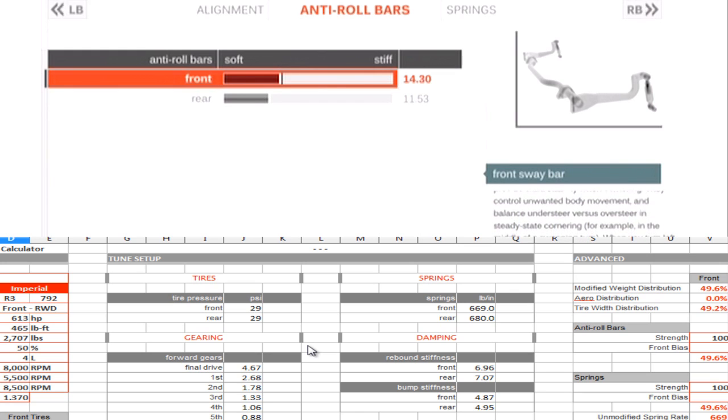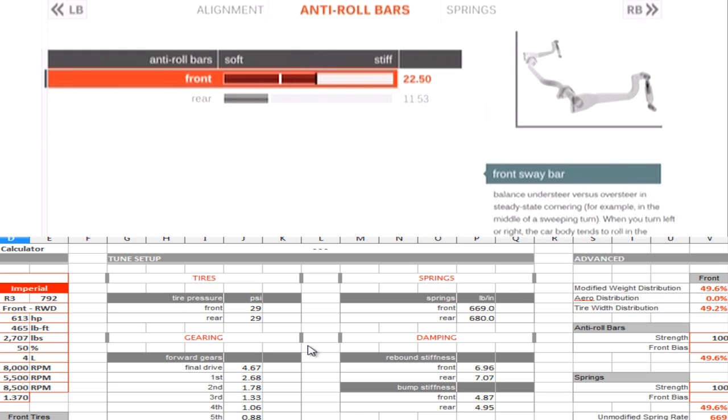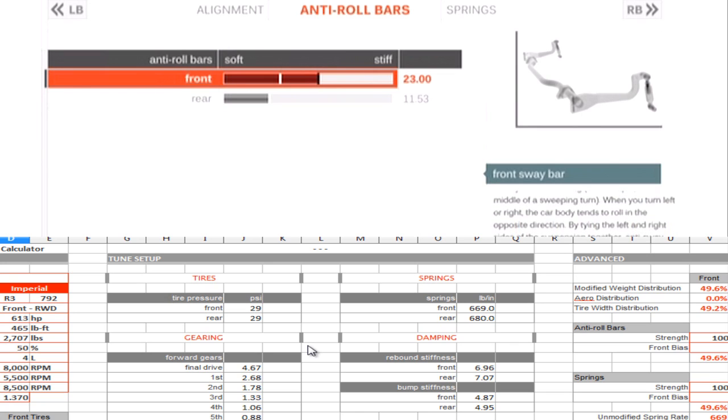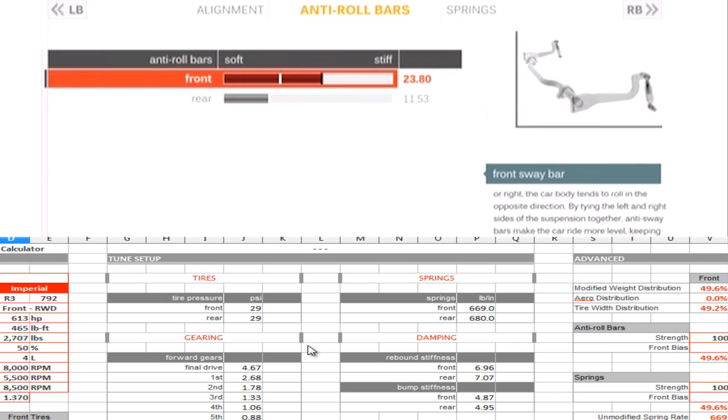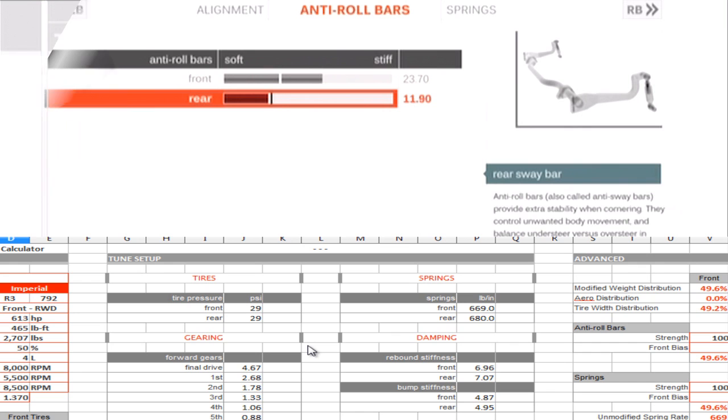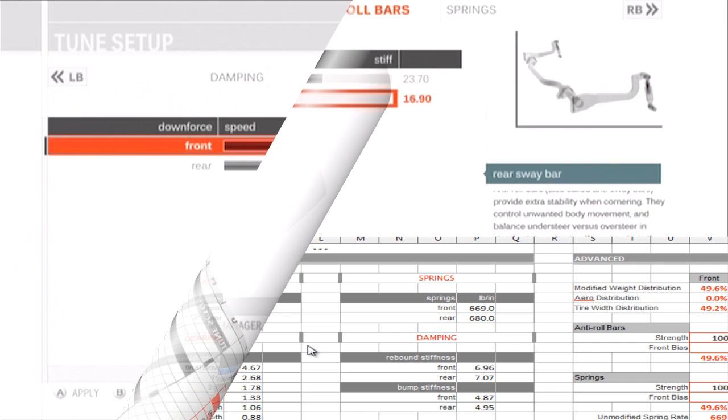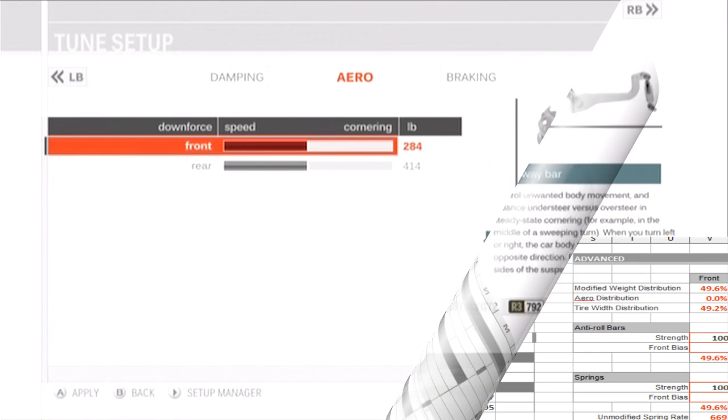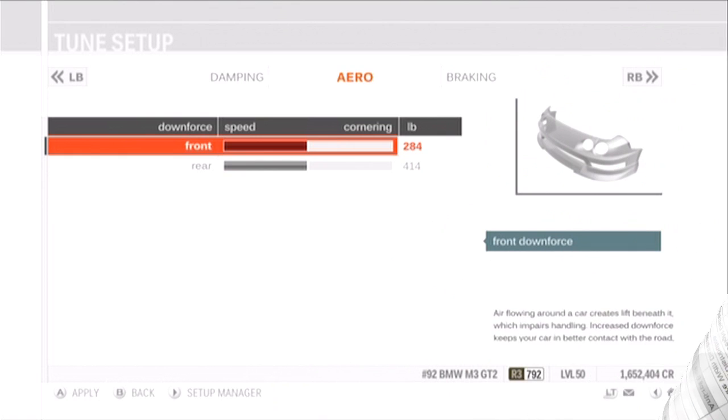It's pretty self-explanatory when it comes to all this information. When it comes to aero, I'm just going to run through all this stuff. You're probably going to speed it up. I want to talk about aero real quick. It doesn't really say much. You have stuff